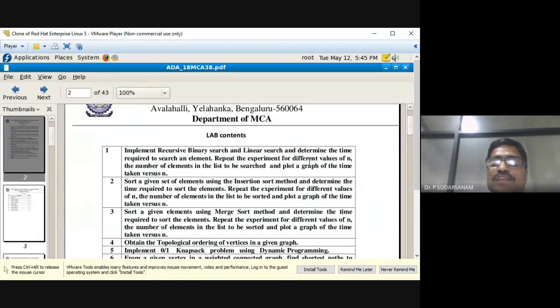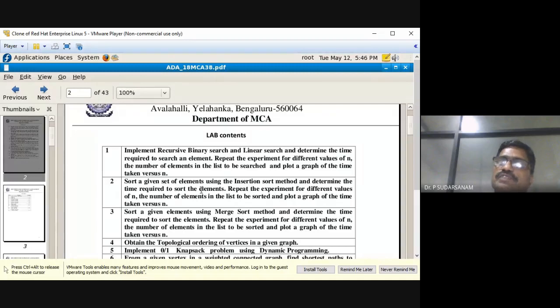Now, determine the time required to search an element, that is, how much time it takes to execute a particular function. That's what you need to find out. That means you are not giving the input values or printing the output values. You take input and store it somewhere and call the function. Before calling, take the system time and call the function. Next, control comes back to the main program, so again you have to take the system time.